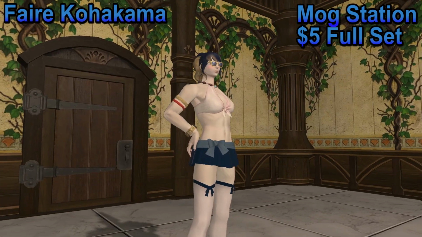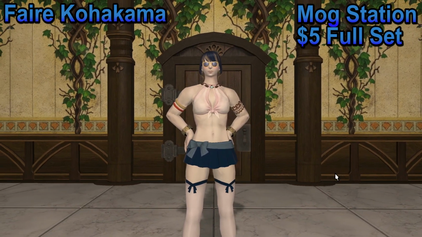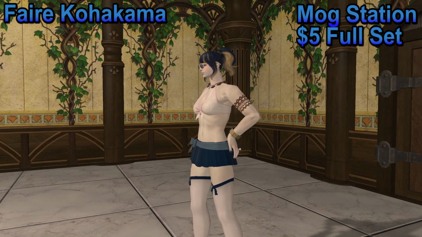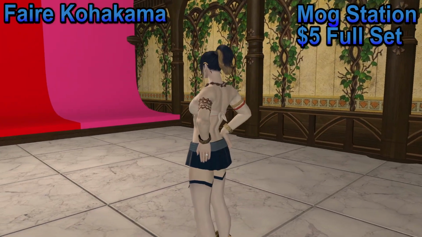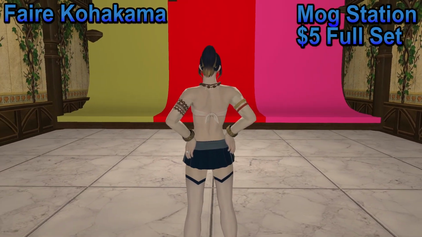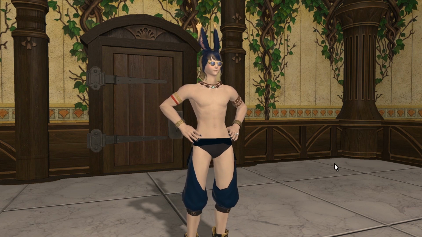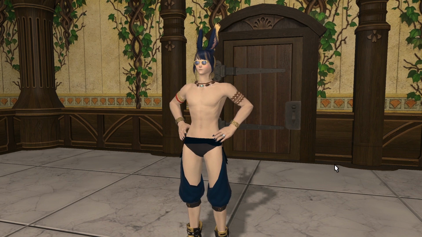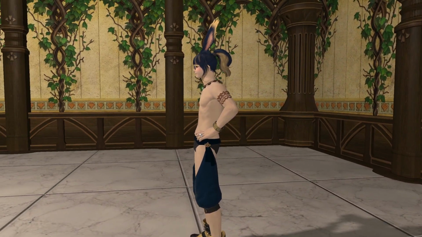Next is the Fair Kohakama, which is available as a dungeon set too, with some minor alterations, but this is the event and thus Mog Station version of the outfit, which is dyeable and equipable on all classes. For females, this is a very low riding skirt with some Eastern style stockings to go with it. Males get this weird underpants thing, which is totally disqualified,